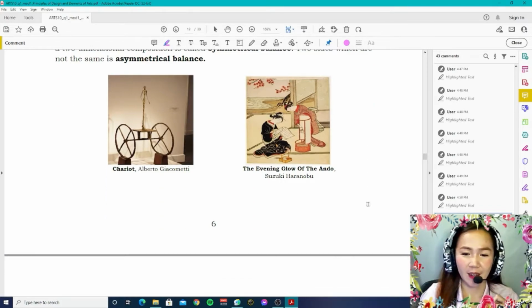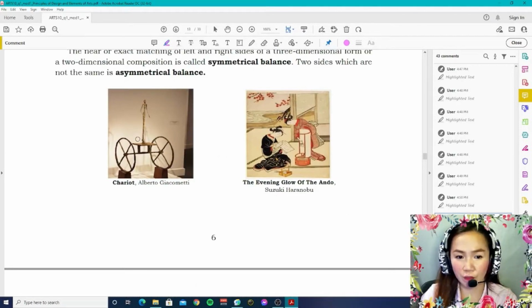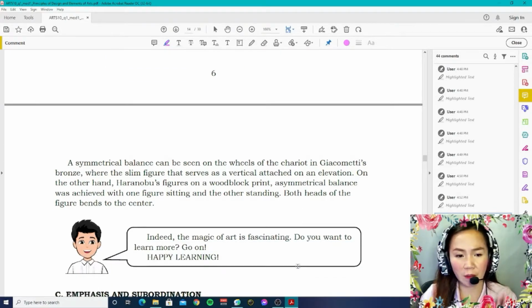Get it? Okay. So, asymmetrical balance can be seen in the Chariot by Giacometti's bronze, where the slim figure serves as a vertical attached on an elevation. That's it. Okay? This is it. Now, on the other hand, in Harunobu's figures in the woodblock print, asymmetrical balance was achieved with one figure sitting, the other